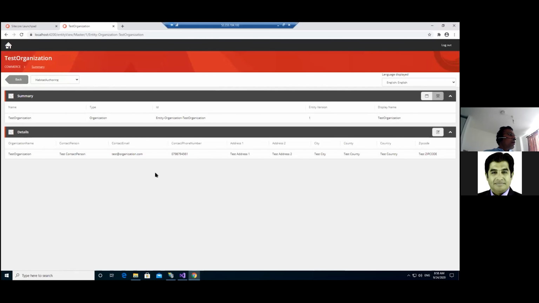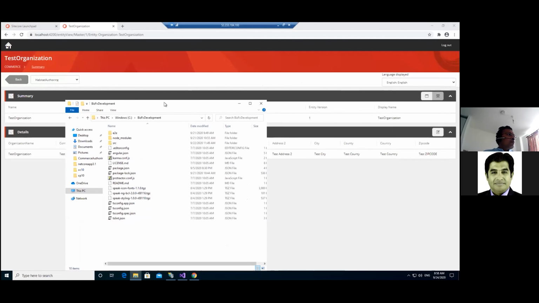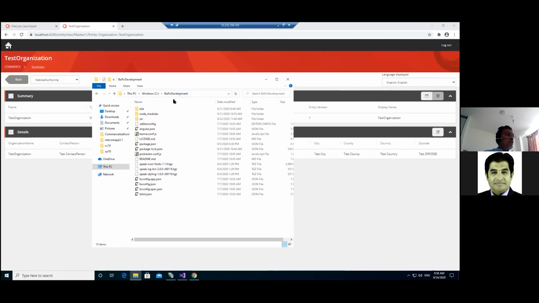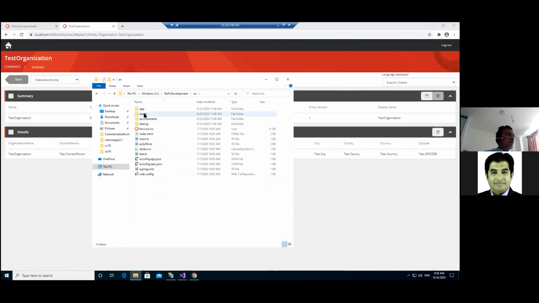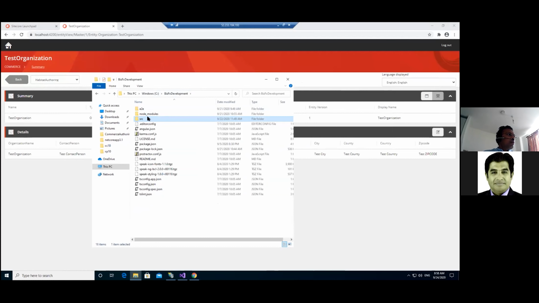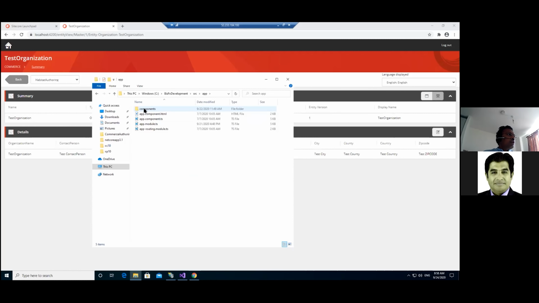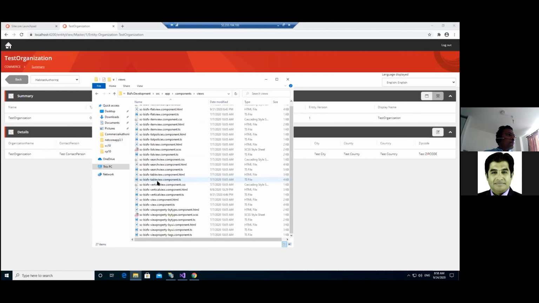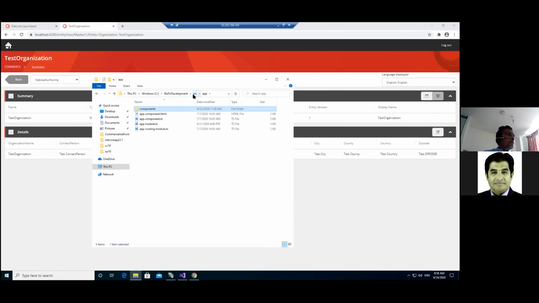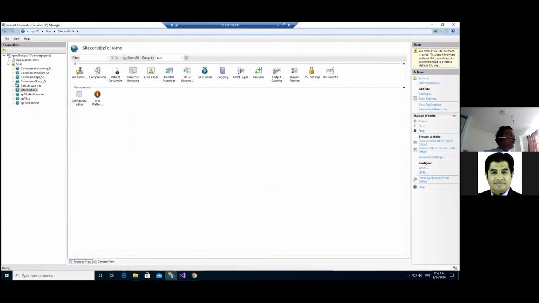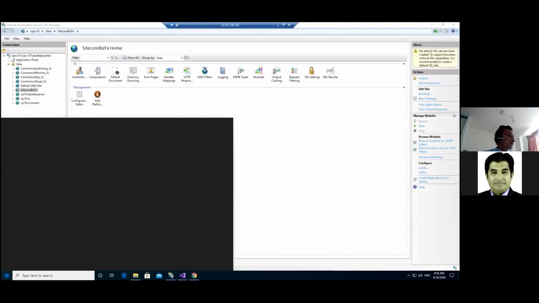Now a quick look at the development folder of the business tool. So this is what it looks like. I have extracted the SDK, and I have changed the config, and you see all those components in here, a vertical view. So what I'm going to do is stop this and open the PowerShell.